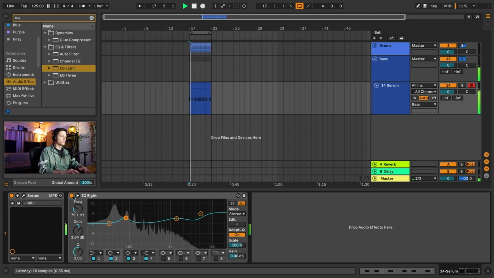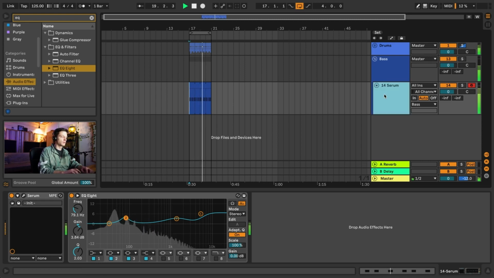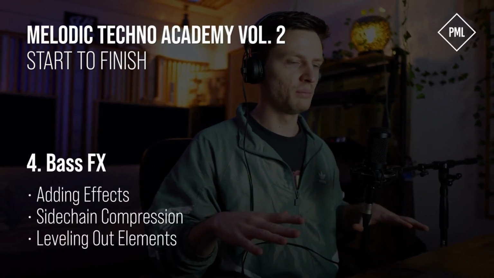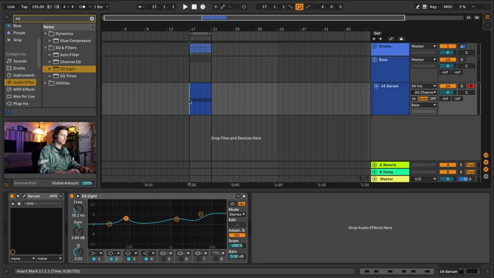Yeah, I think this EQ works nice because it's bringing out the harmonics that I like about the sound. So let's see how it sounds together. Pretty good so far. Alright, so now we have a basic bass and drum sketch running. I'm quite happy with it, but I want to elaborate on the bass with some effects, and I want to